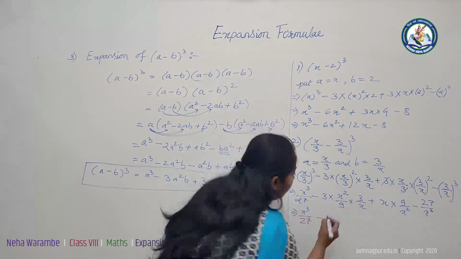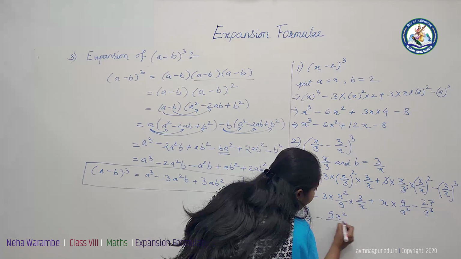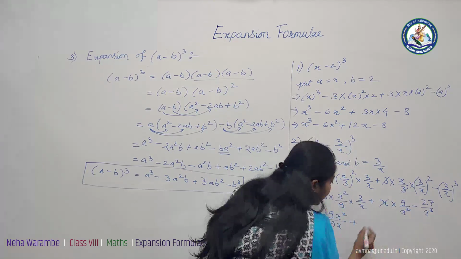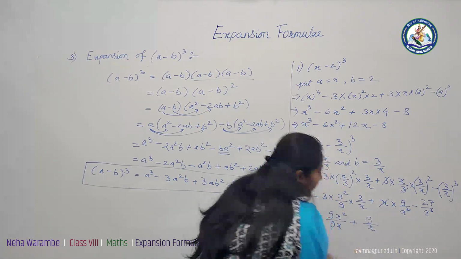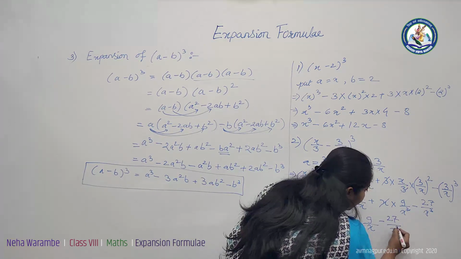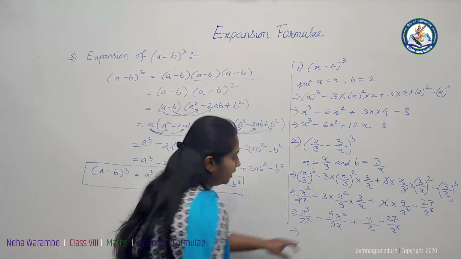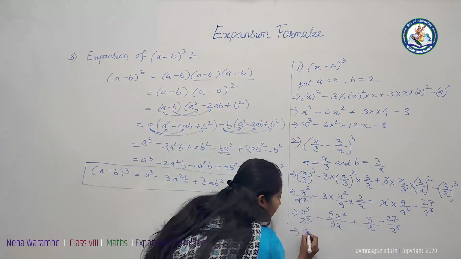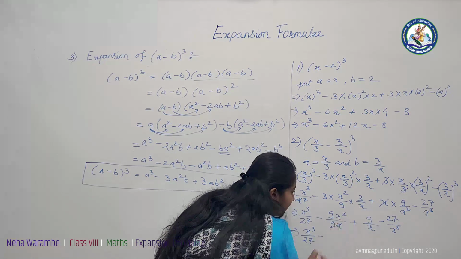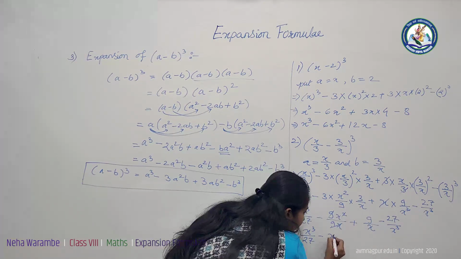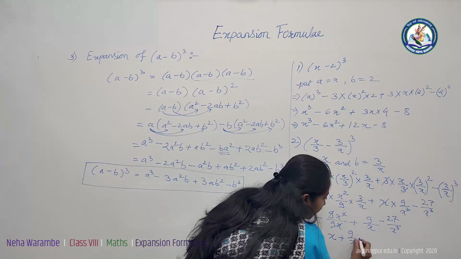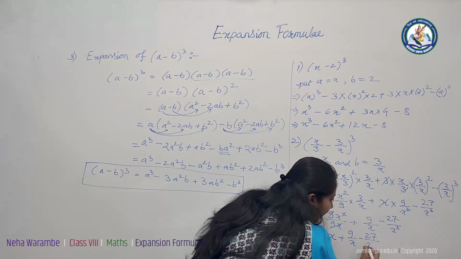See, 3 3s are 9 x square upon 9x, plus this x and x term get cancelled. Remaining are x upon 9 upon x minus 27 upon x cube. See this 9x and 9x get cancelled. Therefore, x cube upon 27 minus this 9x and first this 9 means only x is remaining, minus x plus 9 upon x minus 27 upon x cube.